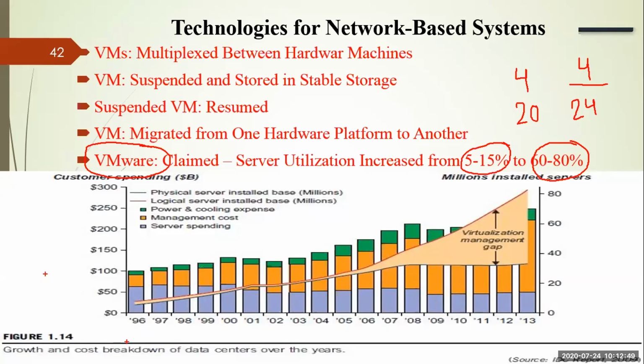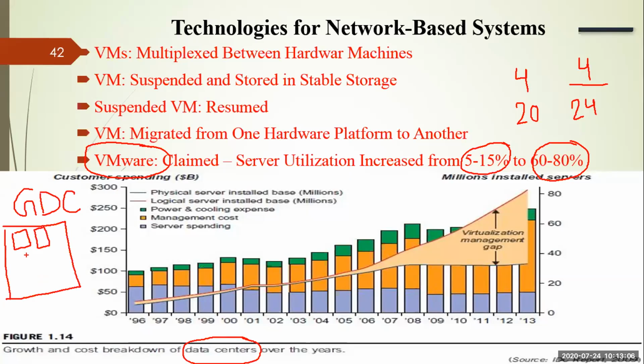So here I just want to show you some statistics of the data center. Try to understand what you mean by data center. Like I told you, your Gmails are stored in the Google data center, let me write it as GDC, Google data center. A data center is nothing but a very big place in which numerous servers are there. A typical data center has 50,000 to 80,000 servers. On average, you can say 50,000 servers are there in a data center. Imagine a particular university may have two servers, but a data center has 50,000 servers, right?